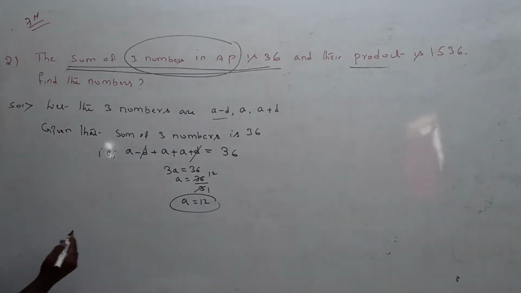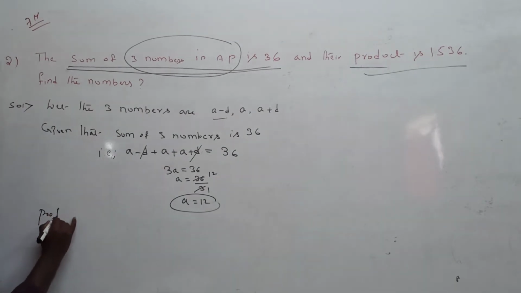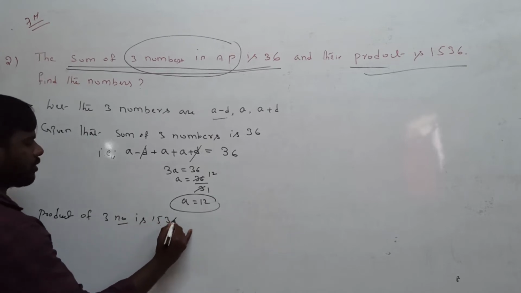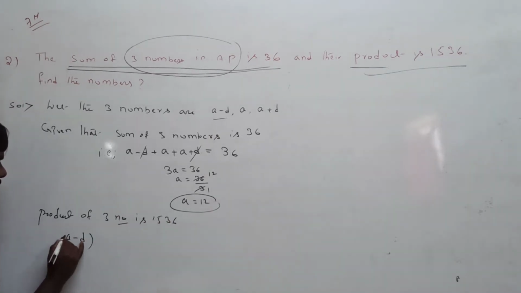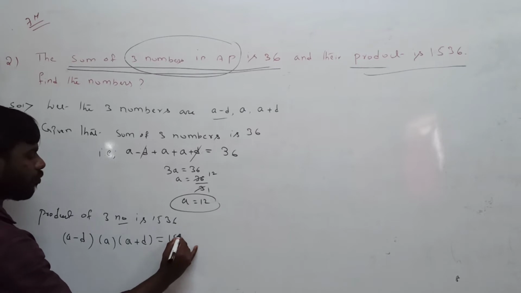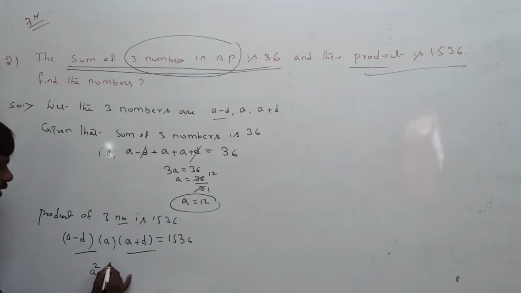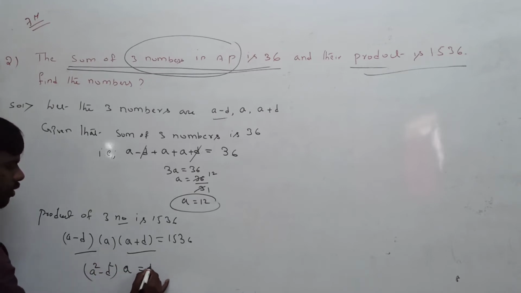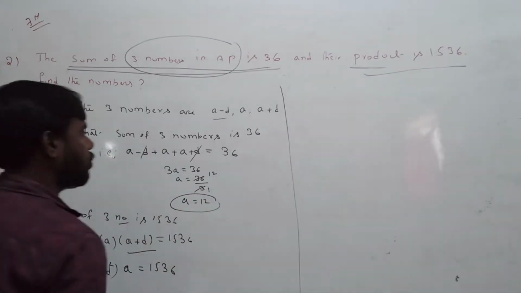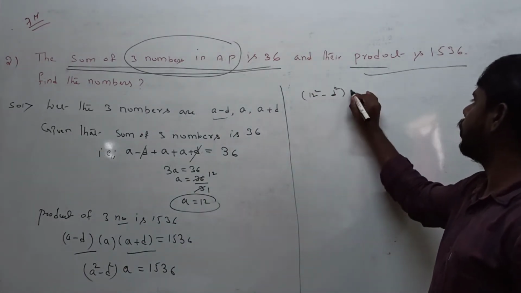Next condition: the product of 3 numbers is 1536. The first number is A minus D, the second number is A, the third number is A plus D, and the product is equal to 1536. Applying (A minus D) into (A plus D) is A square minus D square, into A, is equal to 1536. Now substituting the A value, which is 12: 12 square minus D square into 12 is equal to